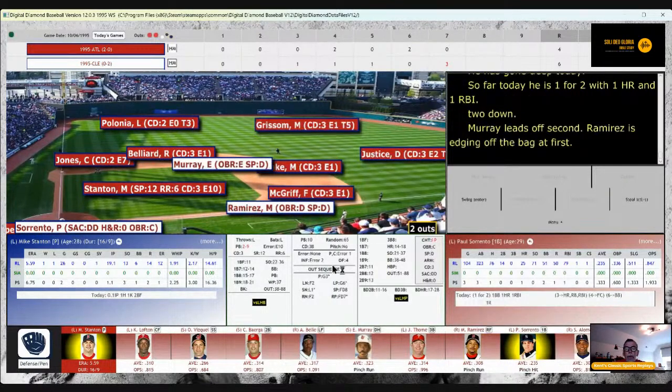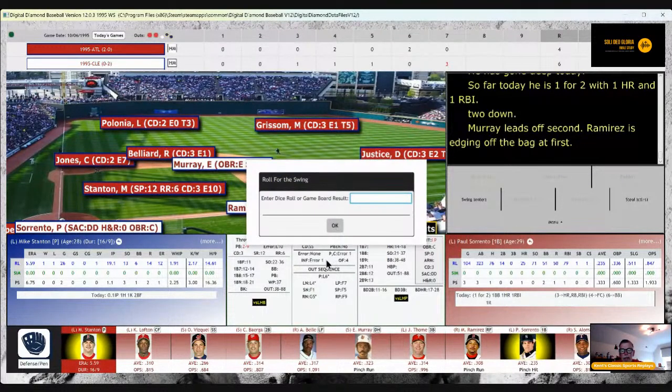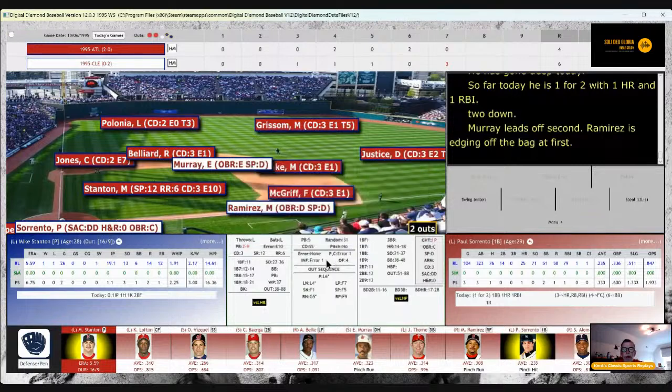So 2 on, 2 outs, and Paul Sorrento coming to the plate. Everyone will be running on contact. Again, with 2 outs, the random 4 will be on Stanton's card. That roll of 31, another strikeout as he blows one by Sorrento for out number 3 and pitches out of that 2-on situation. But 3 runs do come across, and Cleveland leads 6-4 as we go to the top of the 8th.